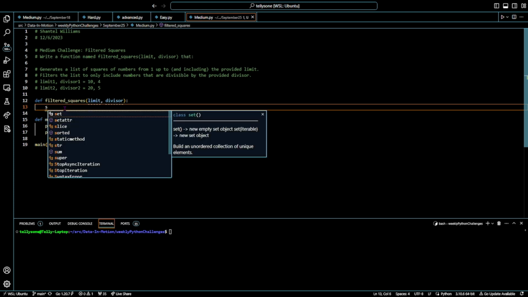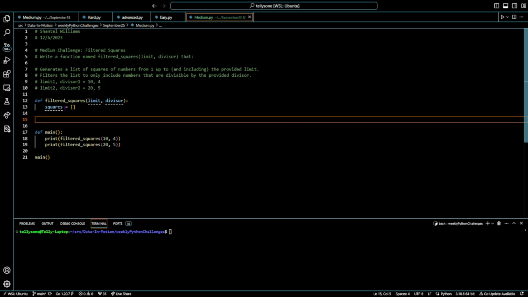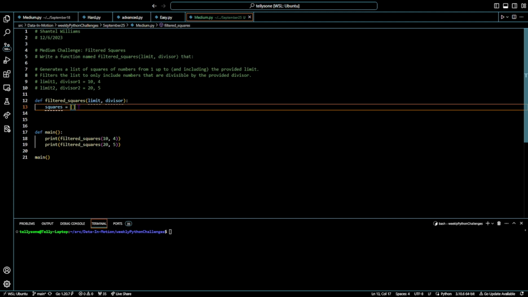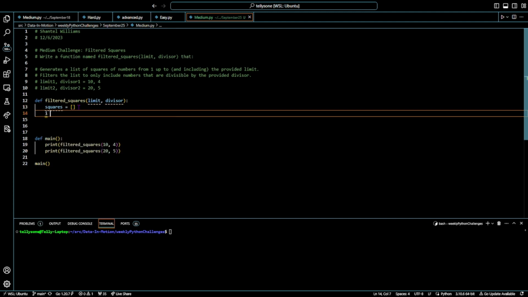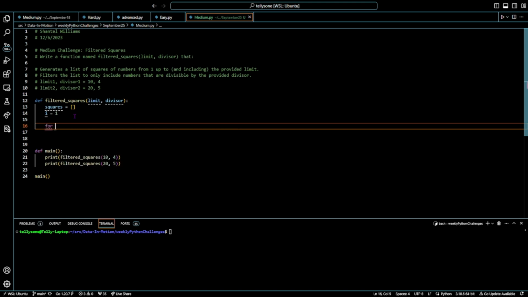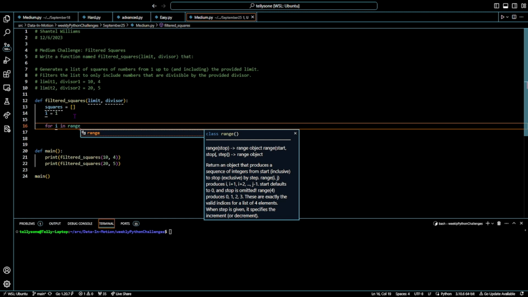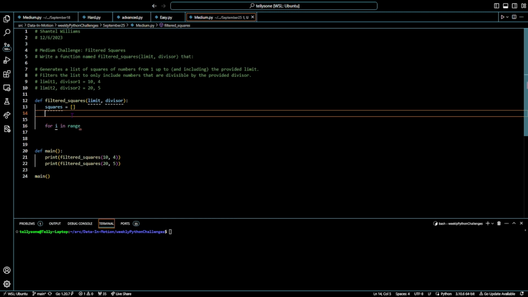First thing we're going to do is create a list to hold the square numbers, which is the first step. So I provided the list, I called it squares, and it is set to an empty list. Next thing we're going to need a for loop because we are going to essentially go from 1 up to the provided limit, and we are going to add each square of i into that empty list. So first thing I did was I created a variable, which I didn't actually need, so I'm actually going to go back and delete that